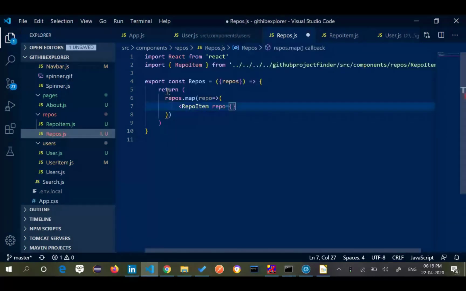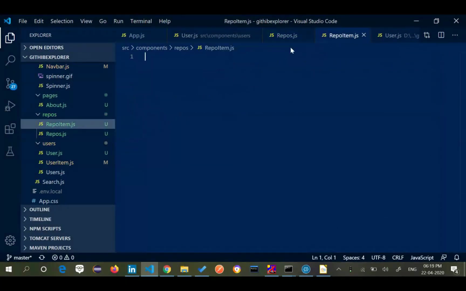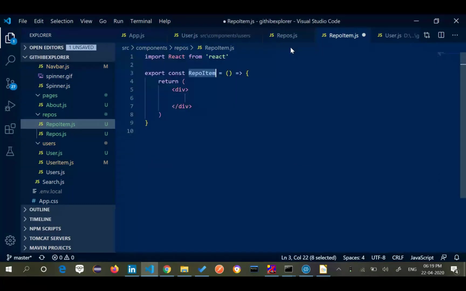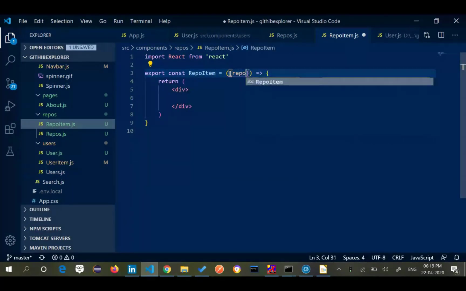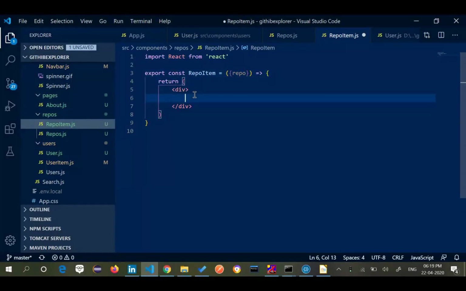And in my repo item, I am going to create a functional component which is going to have an individual repo.